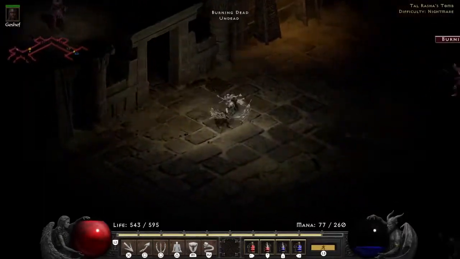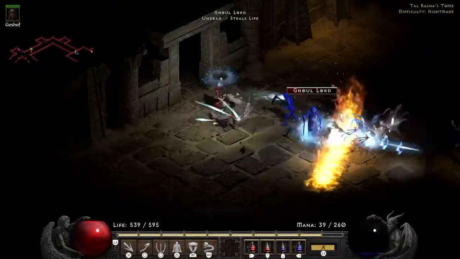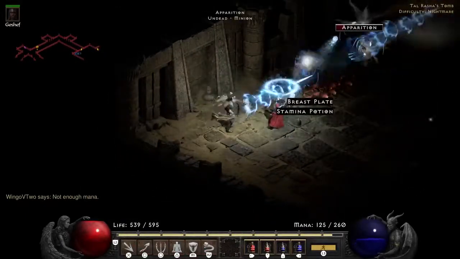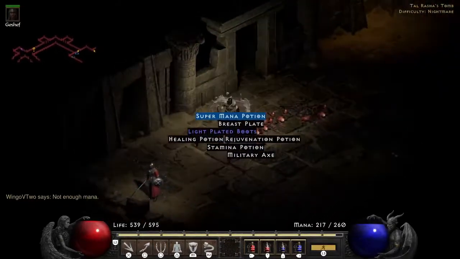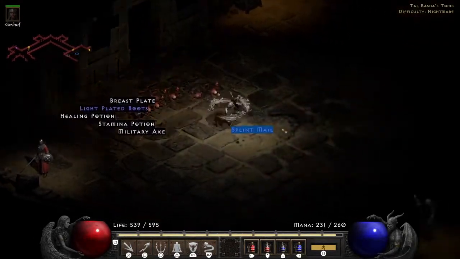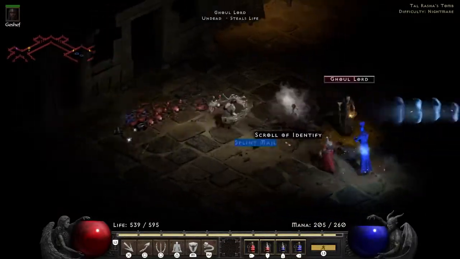Because it worked really good on the first act boss, although our followers still died. Technically I could have saved him by just portaling back real quick, but I didn't bother doing that. You'd think the regular healing potions right there would not be dropping anymore, you know? But